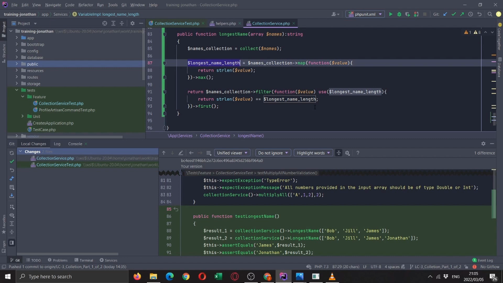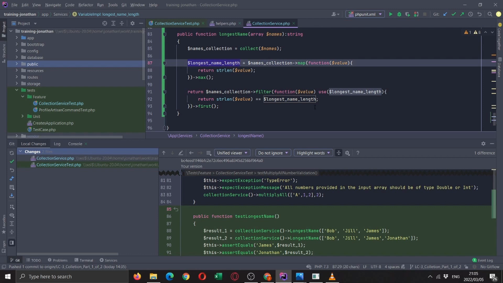So then, part of the experimentation, I messed around with the filter function. Essentially, the filter function iterates over every single value in the collection and tests a condition. If that condition is true, it's added to the new collection. If it is false, it's omitted. So at this stage, it's quite easy. I just need to confirm that the length of the string is equal to the length of the longest string, because then we know we've got the longest string in the collection. We need to return that.